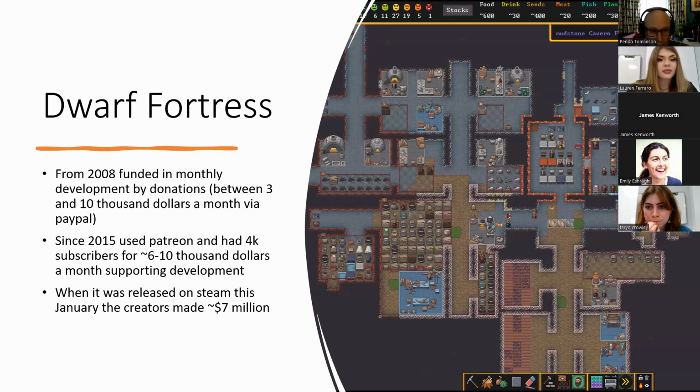And at various times, this sort of PayPal donation system between 2008 and 2015, it goes up and down. And at some points, it's like $500 a month. Some points, it's $10,000 a month, because as soon as he releases a patch to the game and people start telling more stories, and it gets out to the broader community that there's a new version with some weird thing like dangerous elephants or lava in the depths, or